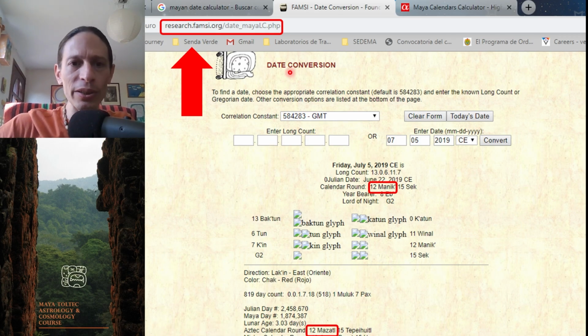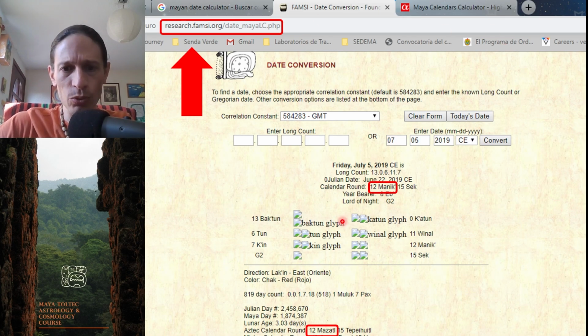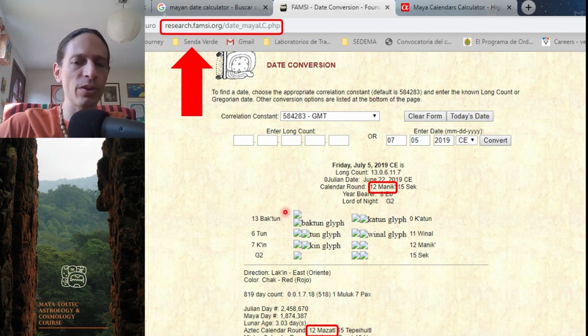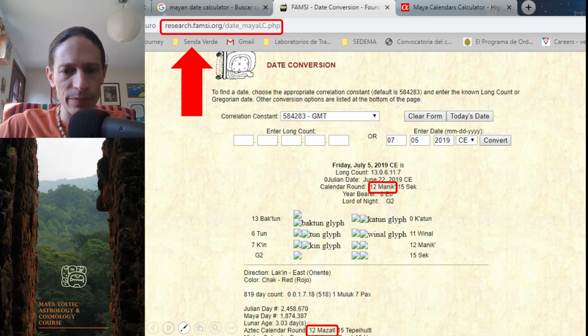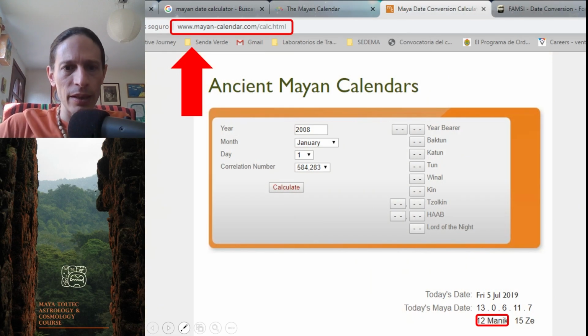Okay, so the calculators, here you have one calculator. This is a very good one. It even adds your year bearer and the Lord of the Night, which are other counts that we did not go into, that did exist. Then you'll find this one. With these, here I'm just pointing out where it shows you the actual Tzolkin. So they're all mixing the Goodman, Martinez, Thompson.